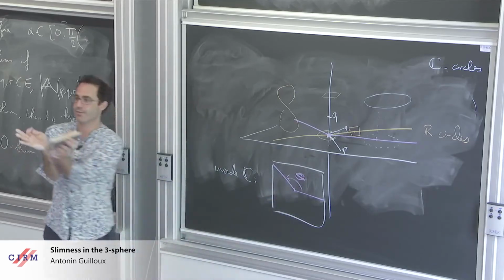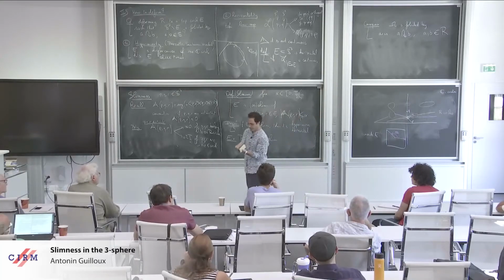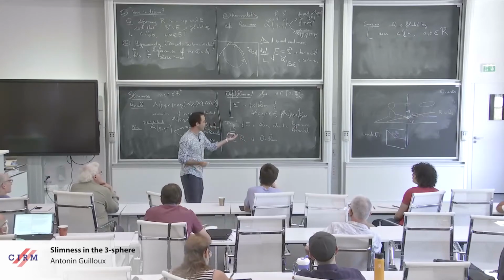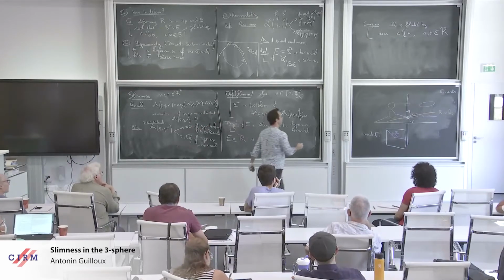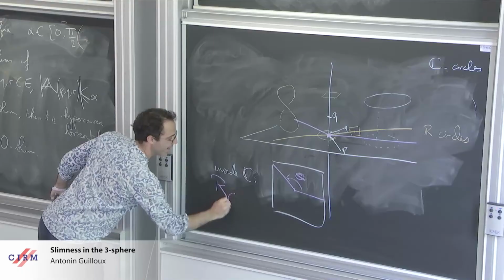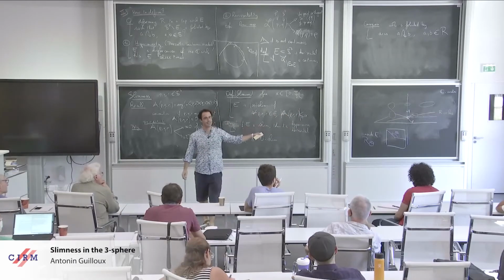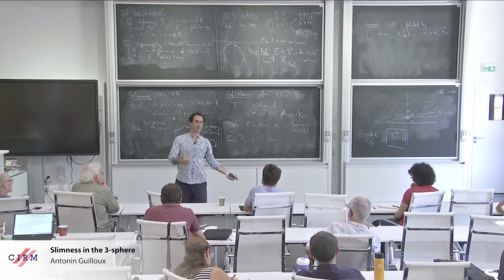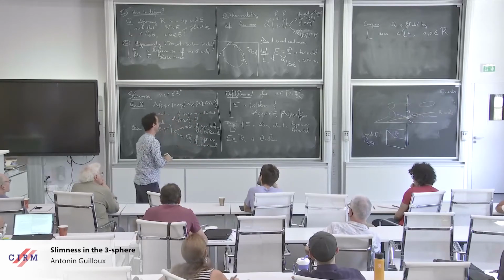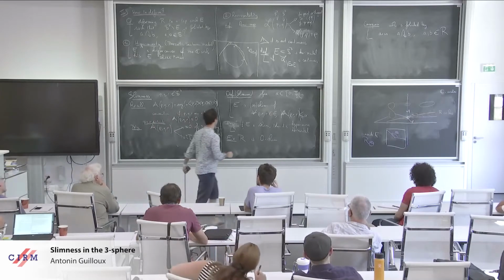I take the union of two half lines with, of course, an angle theta, and I call it R with index theta. And if theta is pi, you have an actual R circle. And so the proposition here